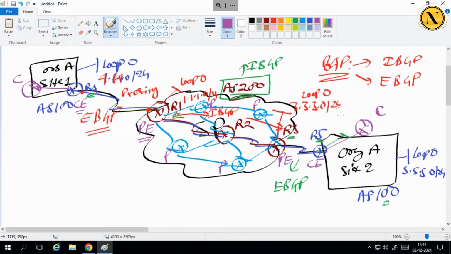So what we have between the PE and CE is EBGP neighborship. All right, between PE to PE, and maybe someday if you need PE to P or P to P BGP neighborship, that will be IBGP. For example, here from PE to PE, right, R1 to R3, I have this IBGP neighborship. But again, the point is why I don't need IBGP on different internal provider routers, for example, in R2 here,